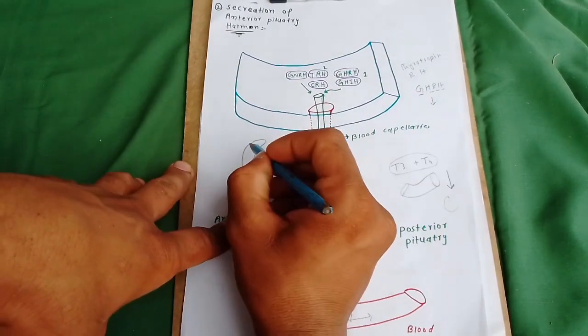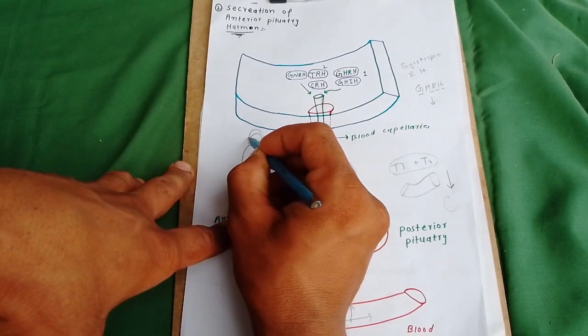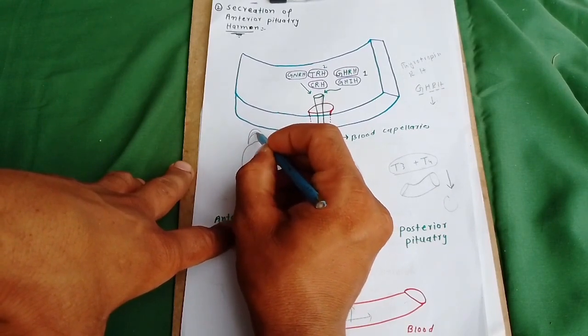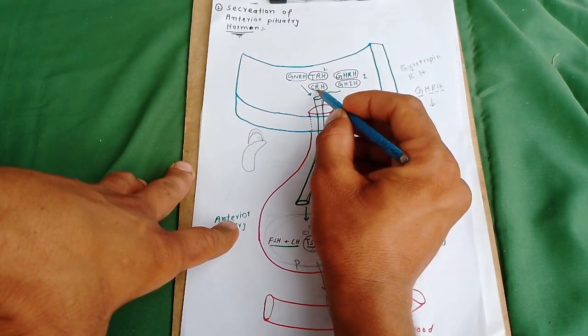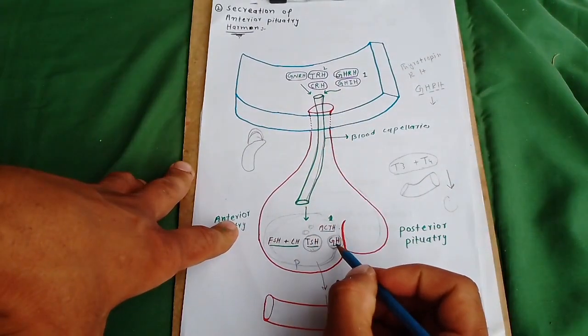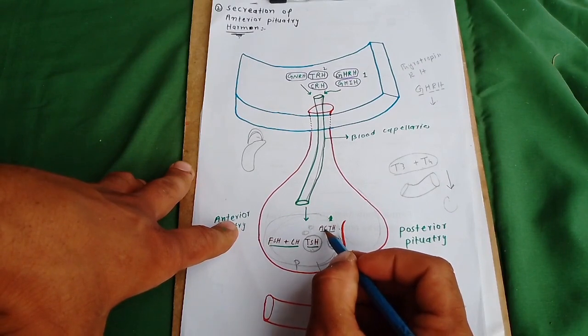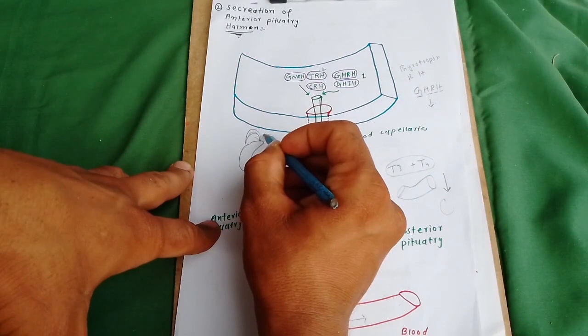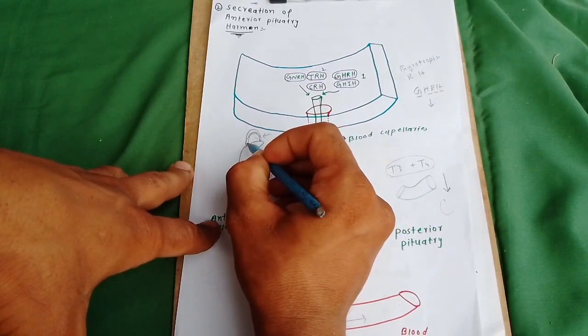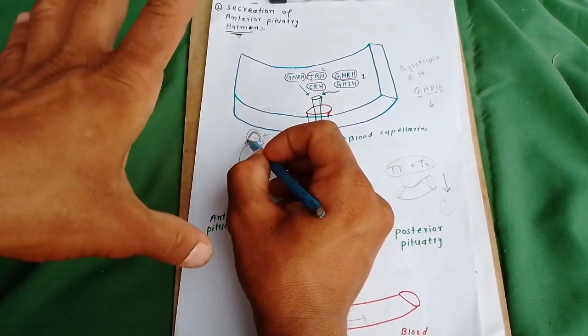This is my kidney. There is a specific structure which is called the adrenal gland. So the hypothalamus releases corticotropin releasing hormone. When released, it releases adrenocorticotropic hormone. Adrenocorticotropic hormone goes toward this adrenal gland, and there it releases its own hormone. Okay,